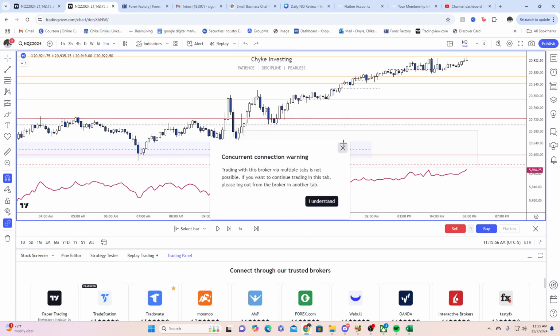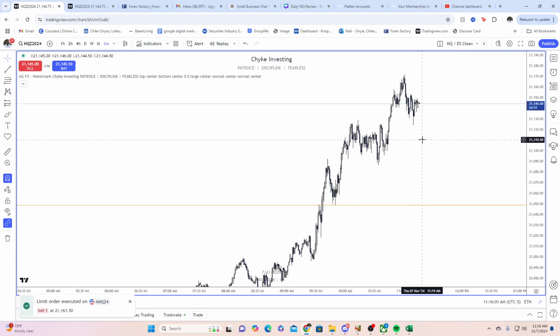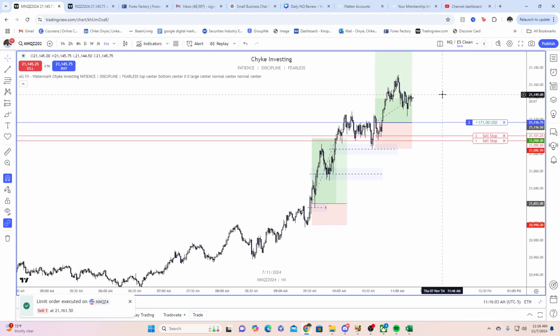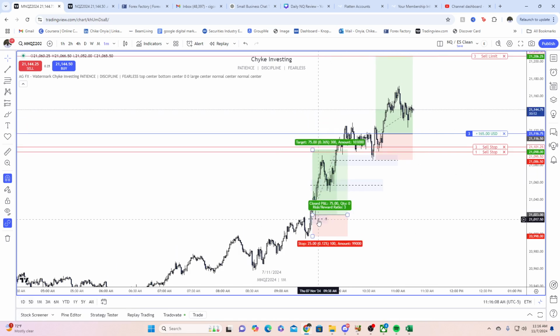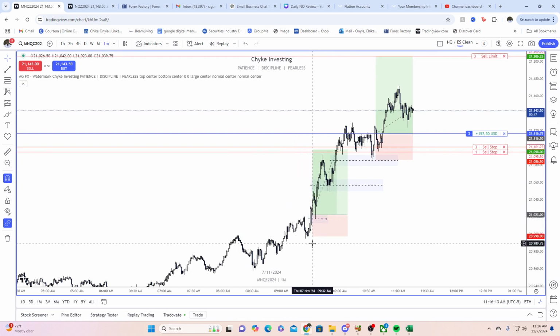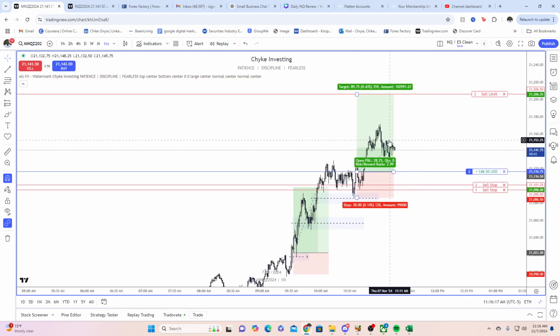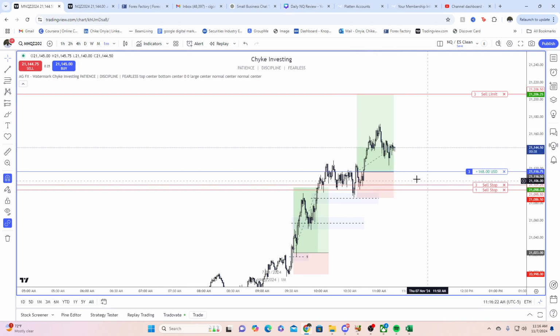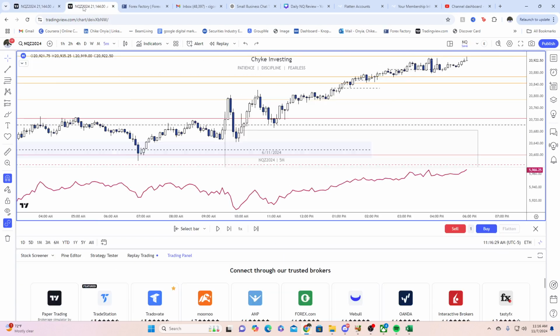So one second here. I'm actually in a trade right now. I just want to see how it's going. All right, doing all right. So I took this trade, by the way, this morning. This is now Thursday morning. I'm going over Wednesday today, but this is Thursday morning. So I took this trade this morning. Nice 22 model right here. I'll go over it in today's review. And I'm just seeing how this trade is panning out right here. So I've taken out a lot of the trades so far, and now I'm keeping stuff at break even. And I'm seeing if we can get all the way to all-time highs, right? Anyway, I was just looking at my trade. Let's continue.